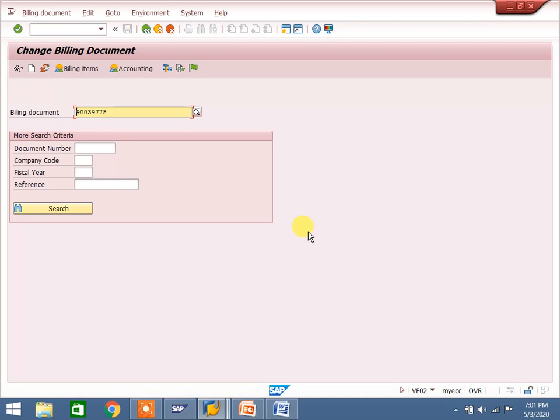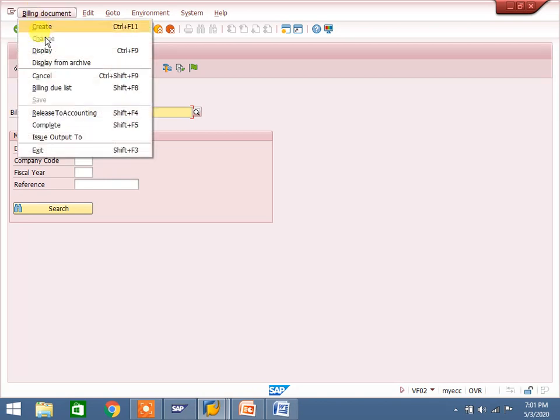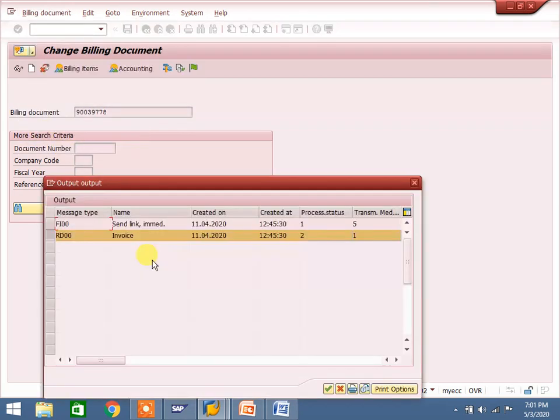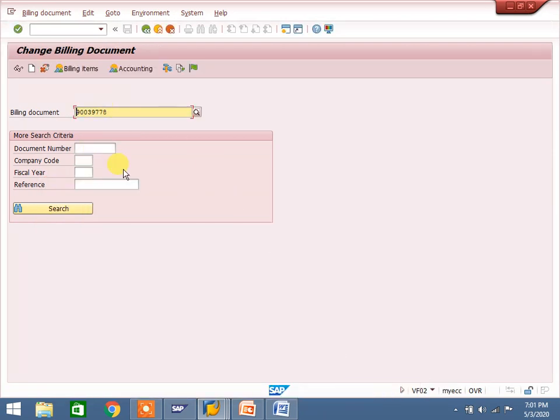Sometimes the user asks for a delivery note along with the invoice. Sometimes sales order output also we can do. There are BA00, RD00, LD00 standard output types. Here we get the issue output. Once we get RD00, FI00, you can go to print preview and it will show. I have not configured it here, so it will not show.